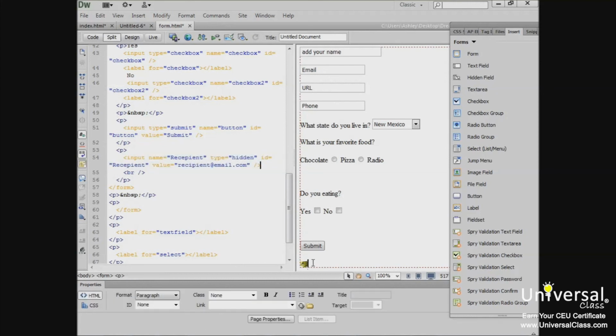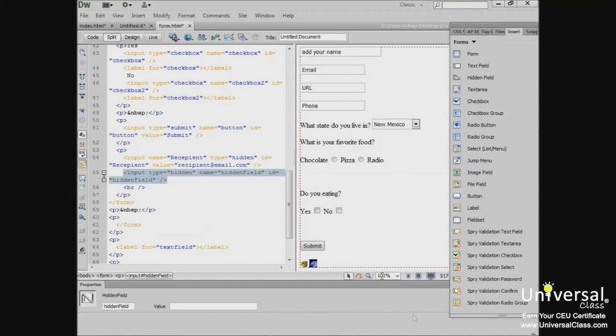Next, click to put your cursor inside of the form tag, and then click on the hidden field icon in the form's insert bar and add another hidden field. In the Property Inspector, enter the name as subject. In the Value field, enter a subject line for the field. Now, whenever someone submits the form, it will